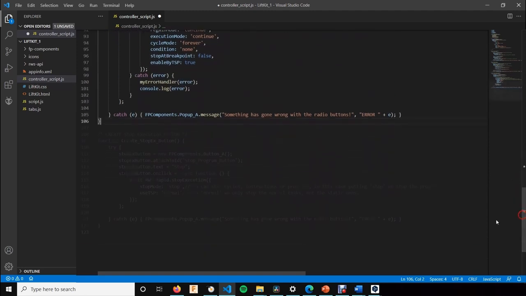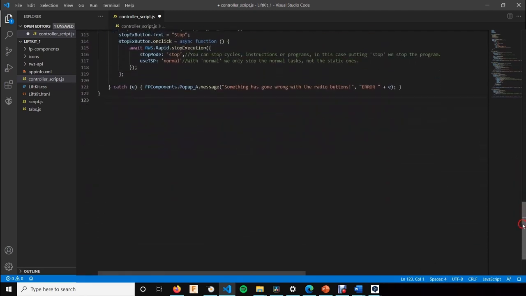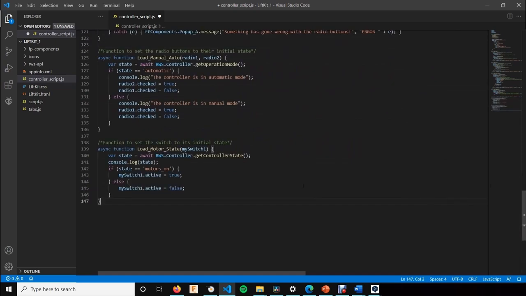The next step is to create another button to stop the program. Then, we create two functions to initialize the radio buttons and the switch to the controller states when the application is opened. With the function